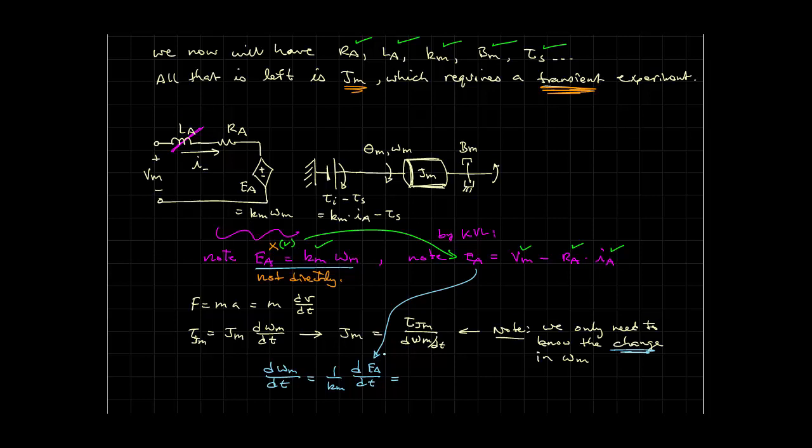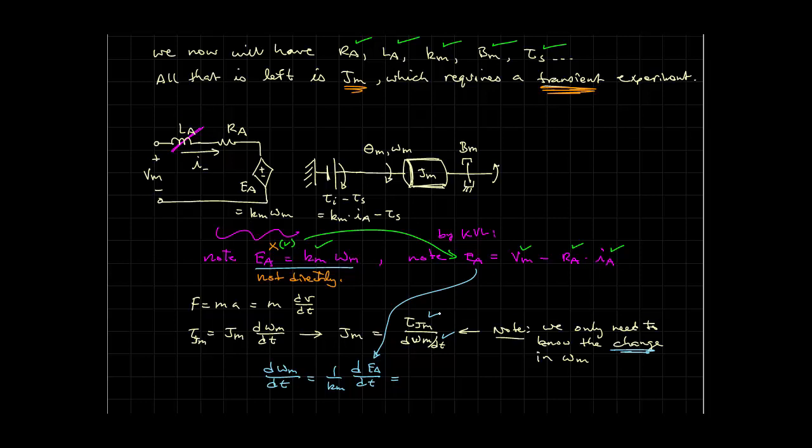And recall that in order to calculate Jm, you're going to need not only the time rate of change of omega m, but also the torque that is applied to Jm. You'll be able to determine d omega m dt indirectly if you can determine dEA dt. And dEA dt being made up of two components, you should consider if your experiment can fix one of those